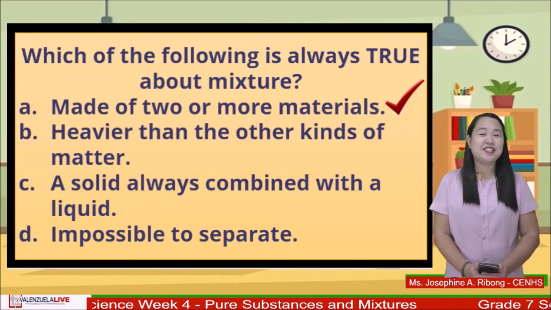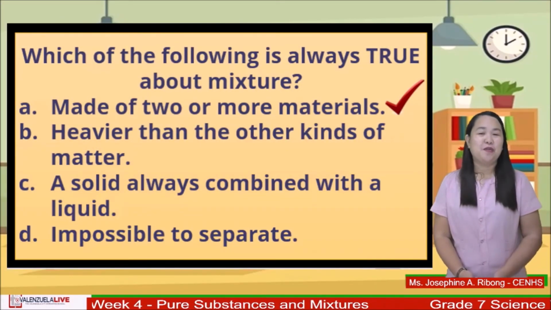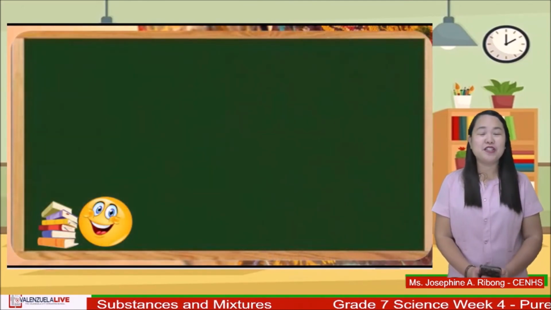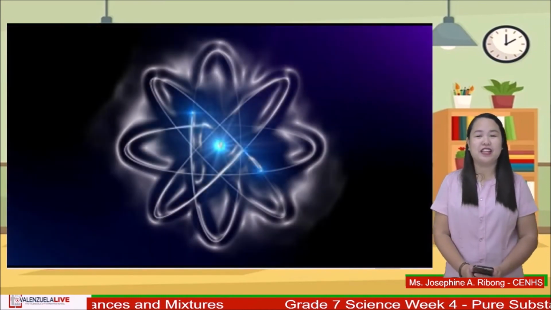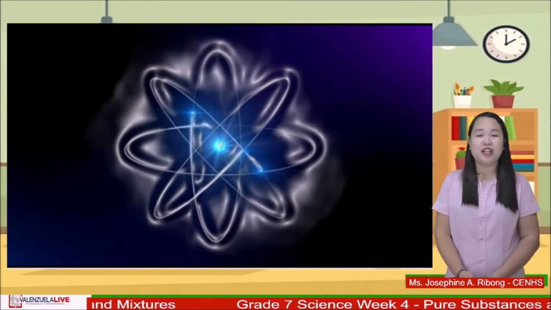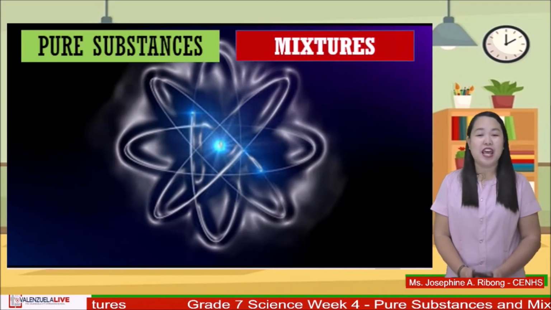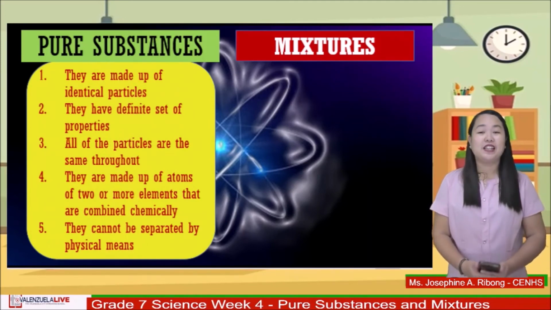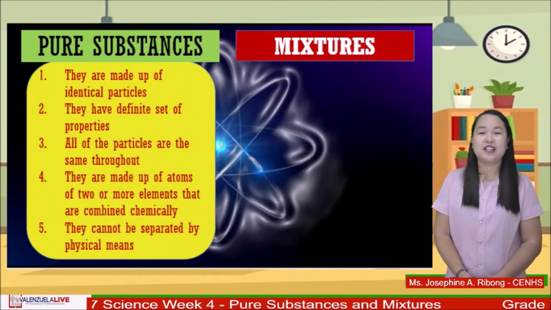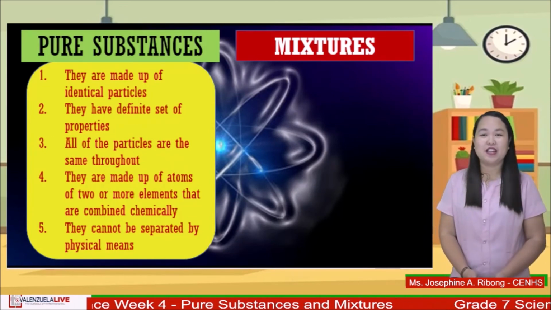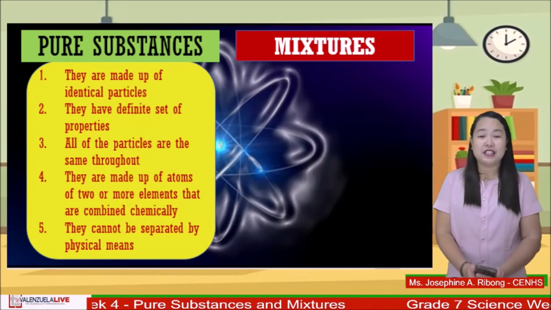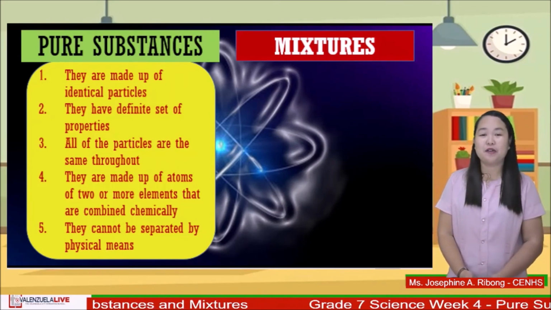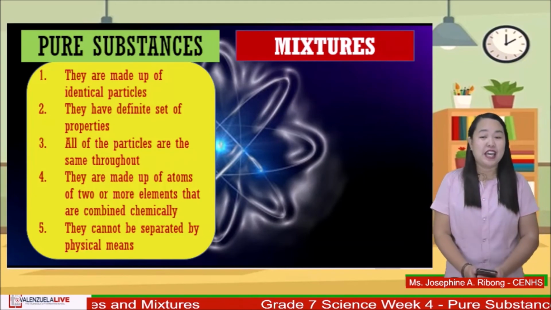And now, let us summarize what we have learned today. We often classify matter as solid, liquid, or gas. But there is one more interesting way to classify it. Remember that matter can be broken down as pure substances and mixtures, and both of them have their own properties. For pure substances, they are made up of identical particles. They have a definite set of properties. They all have particles that are the same throughout. They are made up of atoms of two or more elements that are combined chemically, and they cannot be separated